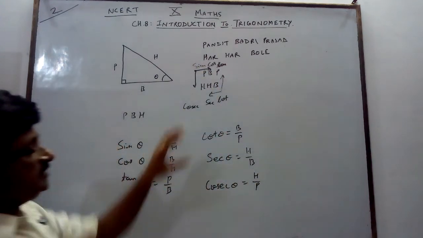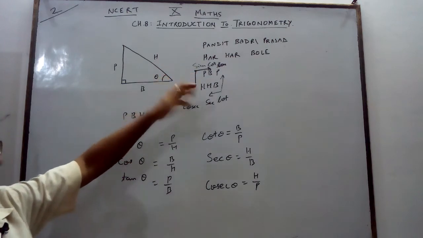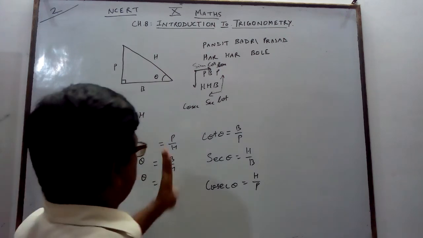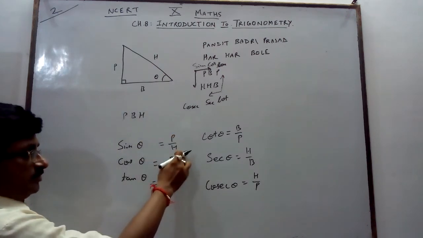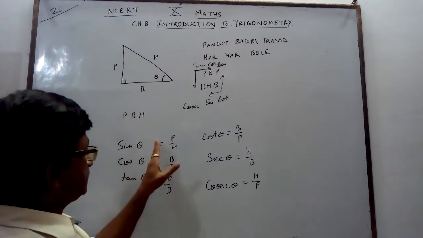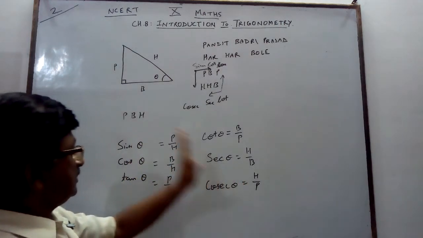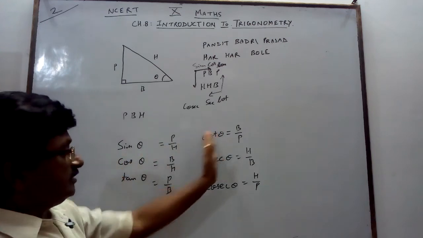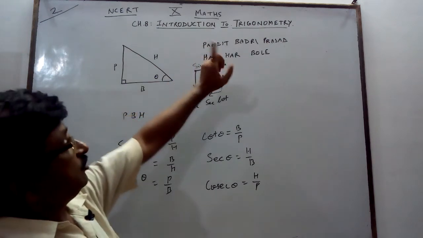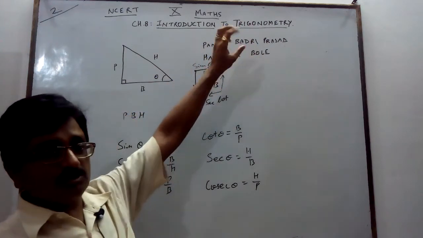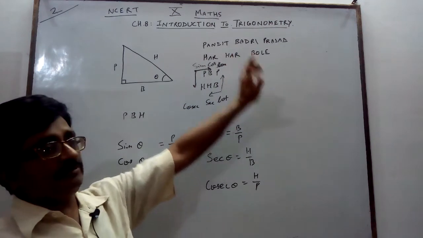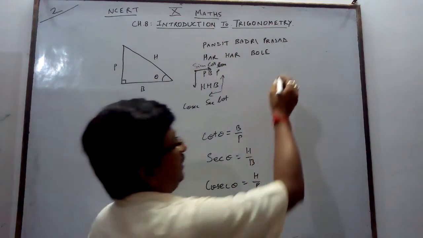So within seconds you can write this in your copy, in your examination, anywhere, and after much practice you will automatically learn this. Sin theta is equal to P by H. Sin and cosec have a reciprocal relation, which I told you yesterday and today also. Sin theta is equal to 1 upon cosec theta. Cosec theta is equal to 1 upon sin theta. So you can see P by H and H by P. Questions are based on it. One more thing: besides Pandit Badri Prasad, har har bole, you can take another slogan in which the first alphabets of the words give PBP and HHB.